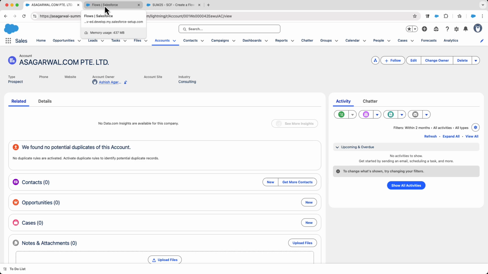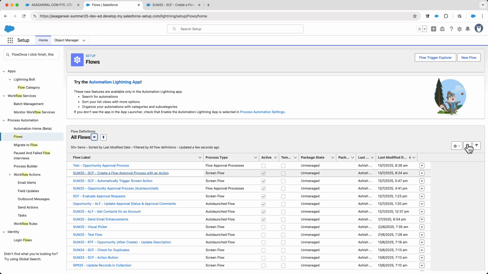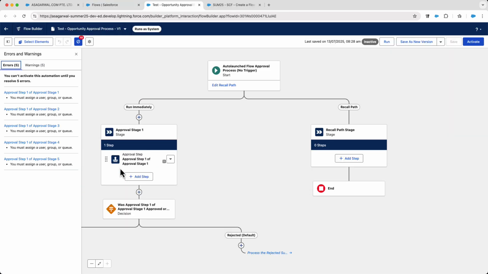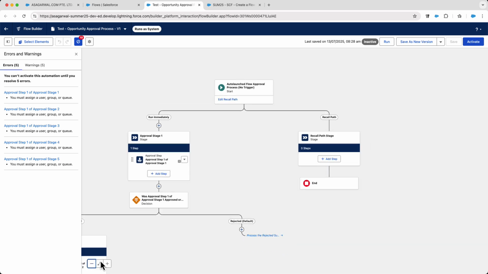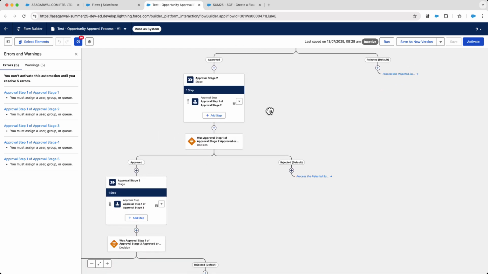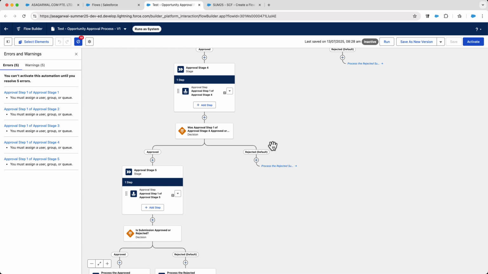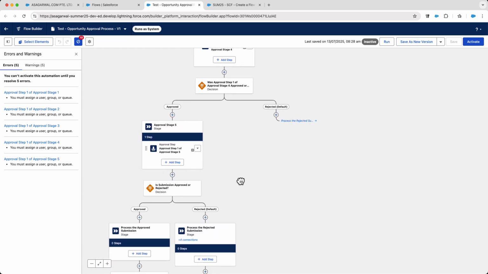So if I navigate to Setup, Flows, and refresh this list view, you see that a flow approval process has been created with the name Test Opportunity Approval Process. Let's open this flow. Now you can see there are 5 stages in this approval process. So we have Stage 1, Stage 2, Stage 3, Stage 4, and Stage 5. And since we also selected the option to include Final Action and Recall Action, that has also